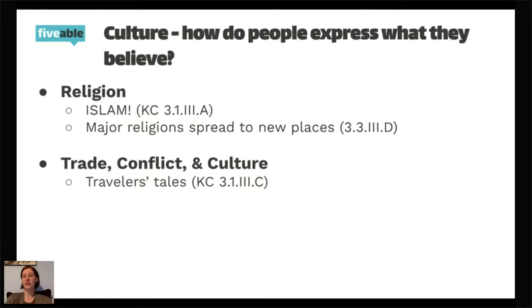So if in your classes you've read anything about or any writings from Ibn Battuta or Marco Polo, you can see that bias in their writings, right? They're looking at these new parts of the world through the lens of their homelands. And so we always want to keep that limitation in mind whenever we're looking at a primary source, right? Where do these guys come from? Where are they going to? And what are they knowing or not knowing about the place where they're going? But that becomes important because it sparks the imagination of people back home and then further intensifies that trade and